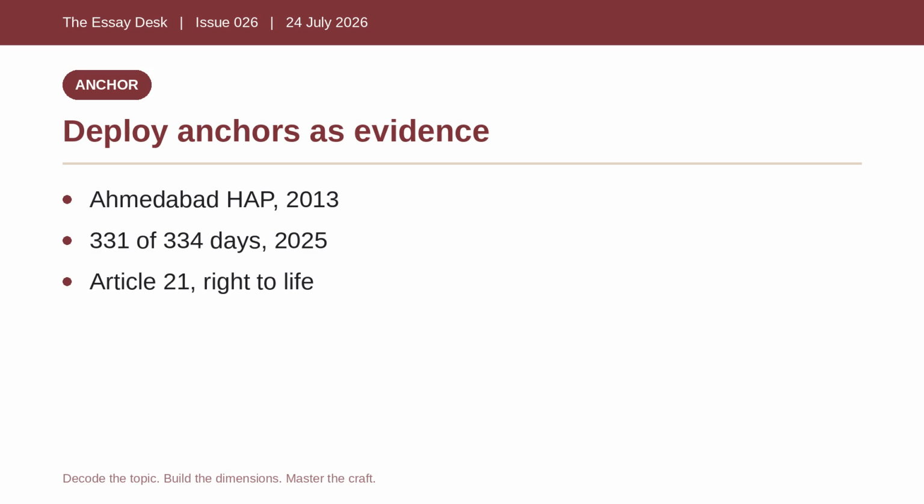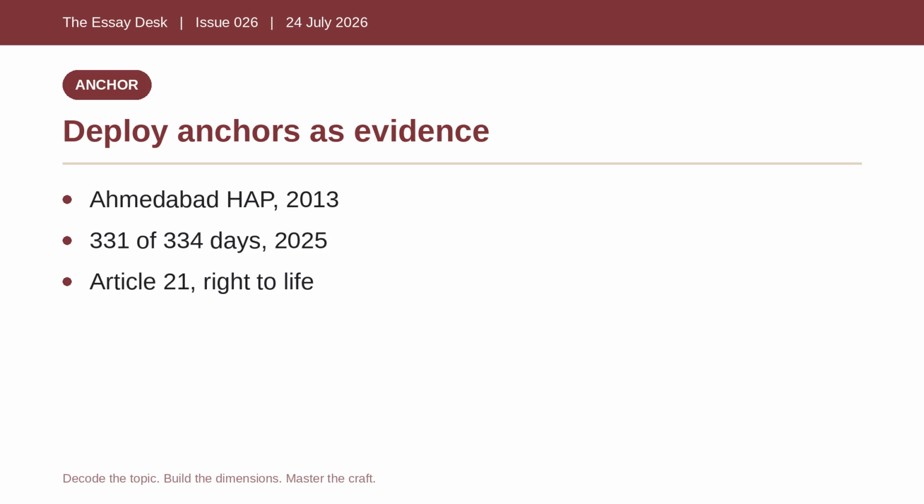Each dimension should answer a question the last one raised, so the essay reads as one argument, not a checklist. Anchors only work if you interpret them. Never just drop a fact and move on. Ahmedabad built India's first heat action plan in 2013, after a 2010 heat wave killed well over 1,000 residents. And that plan is now credited with saving lives every year through nothing more exotic than early warning and painted cool roofs. Use that example to argue that cheap governance interventions already exist. The missing ingredient is political will,